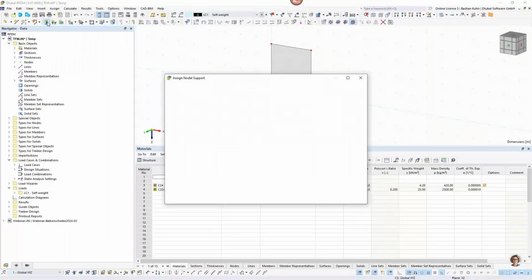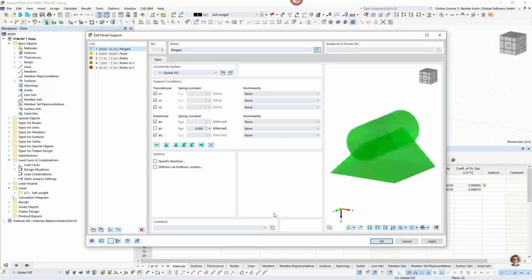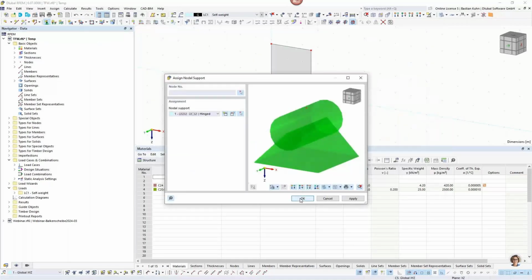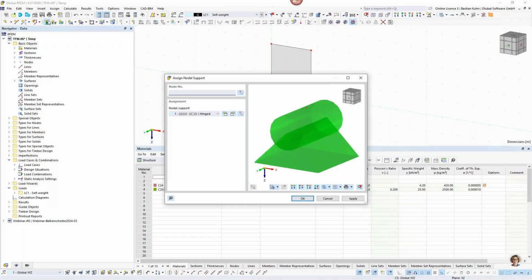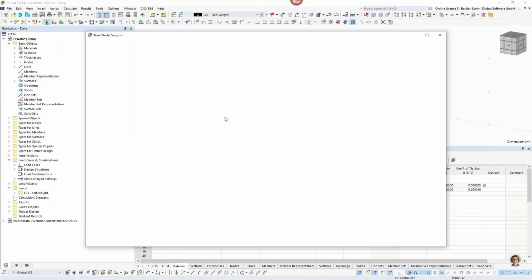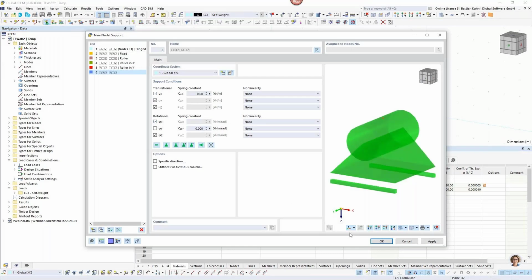Then I will add supports, and the first support should be not movable in X, Y, and Z direction, and also no turning, because it's in this case a 2D position, and I will put that to the origin in order to keep it statically determined. I will also just move one support on the right side. In the bigger model that I'm going to do just after this simple model, of course, you would do a complete support underneath the wall. That's for sure. It's just for this first example. So this one moving,